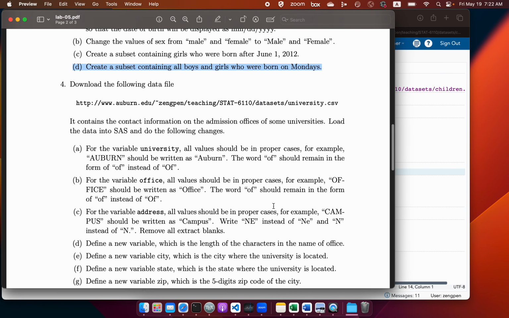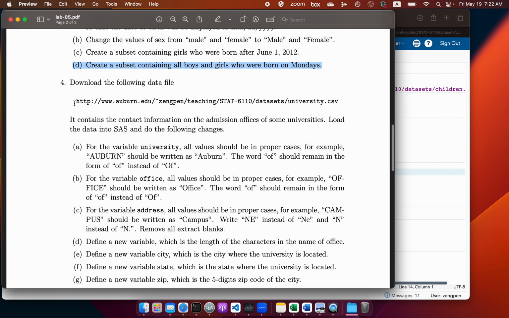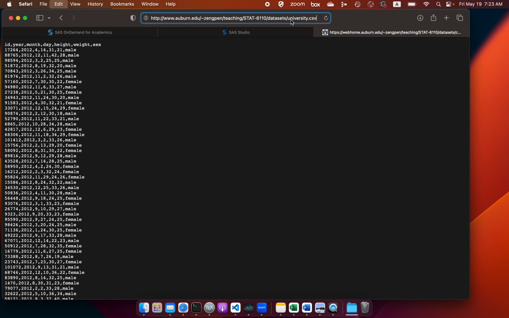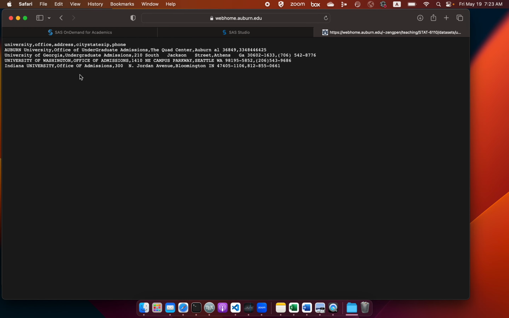Next one, download the following data. Let's check. So this is university. This is an Excel file, right? No, not an Excel file, the CSV file. So it has university, office, address, city, state, zip code, and the phone number. Okay, so let's